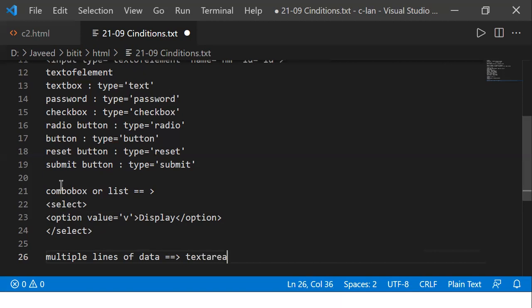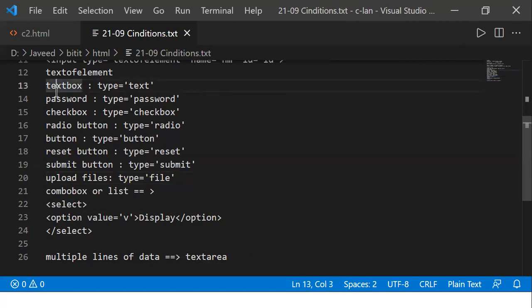We have one more thing: let's say I want to have an upload button, to upload files. Then you can write input type is equal to file. So that defines the type for me. We'll discuss one by one what all these controls are.